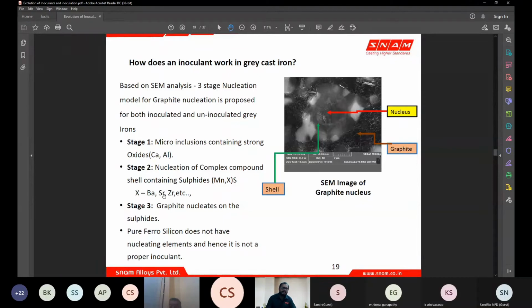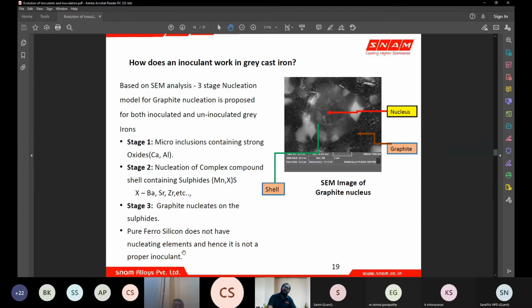So the first casting and the last casting will have all barium-rich, manganese-barium-rich platforms, where everyone will have a similar or almost the same amount of nuclei, and the same amount of carbon will start growing with the same amount of graphite. Like an equal amount of graphite will be produced everywhere. But in case of metal without a barium inoculant, the amount of the platform reduces, and even for the same amount of graphite carbon coming out, you will not have the same amount of graphite getting precipitated.